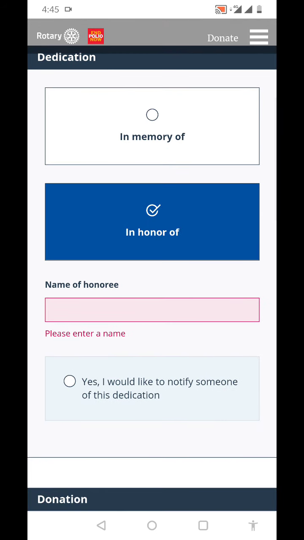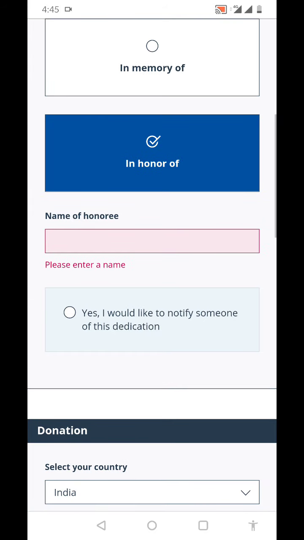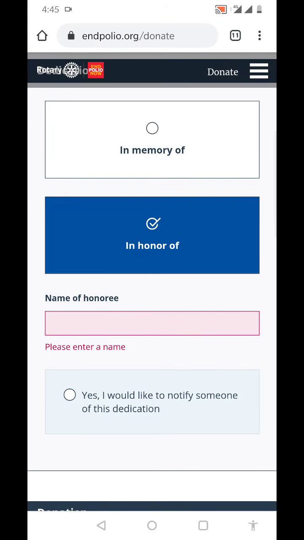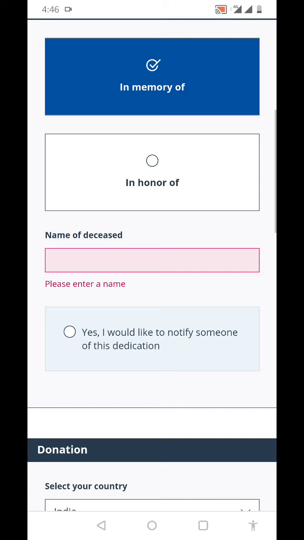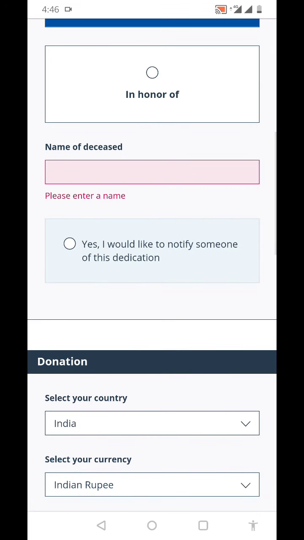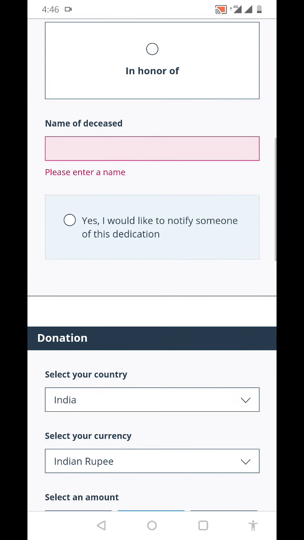When you select in honor of somebody, you need to enter the honoree's name, and if you select in memory, that is in memory of somebody you lost, you can pay to endpolio.org in their memory. Also, if you want to notify someone on behalf of whom you are dedicating this donation,